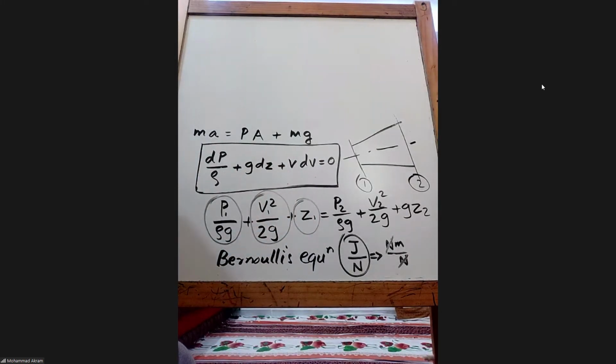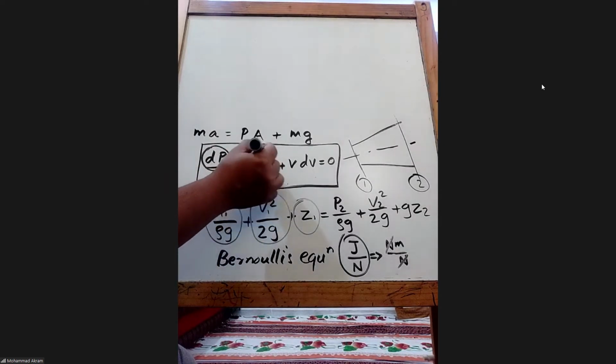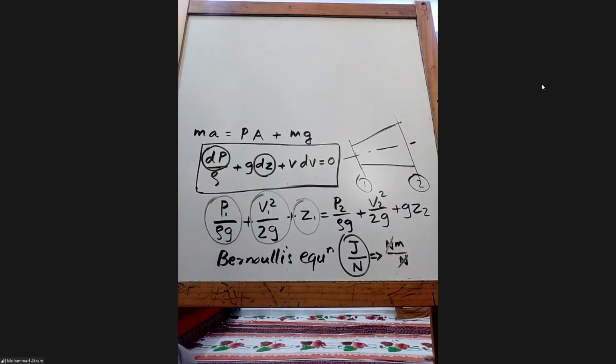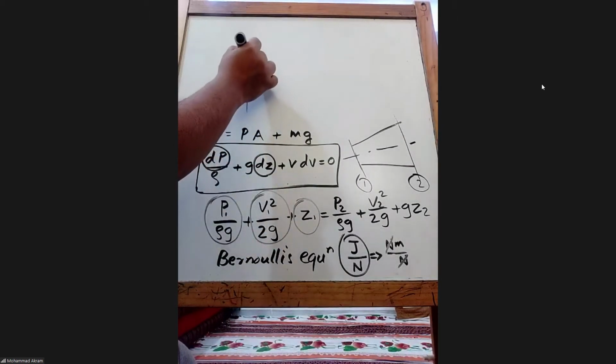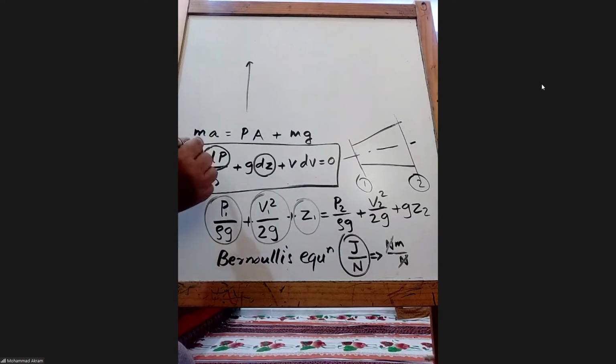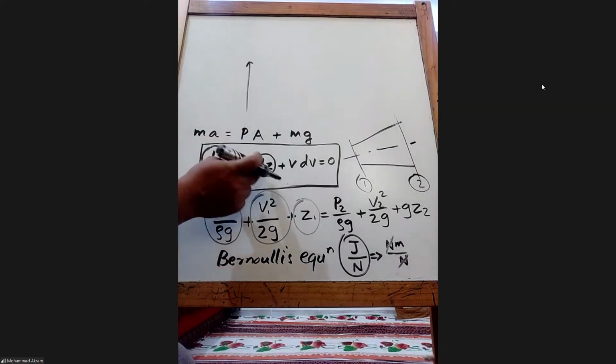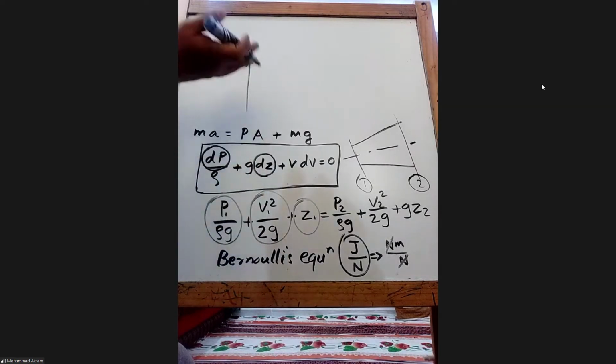For example, this is applied to human beings as well. The heart is maintaining a high delta P. So even if dz is negative, that means if it is going from bottom to top, like from foot to heart, it will go when delta P is high. That is, the blood pressure is maintained. Then the blood goes from foot to the heart, from bottom to top, when it has high delta P.